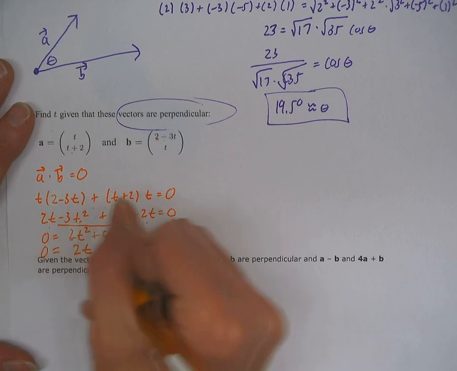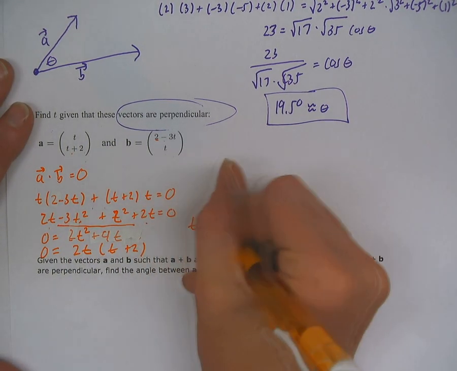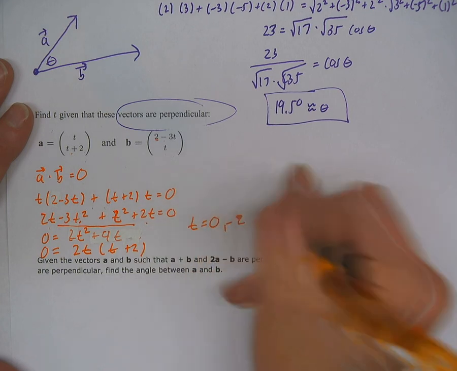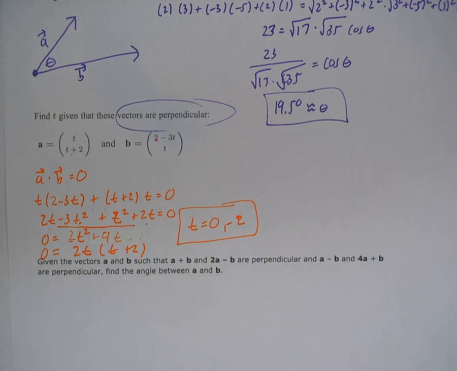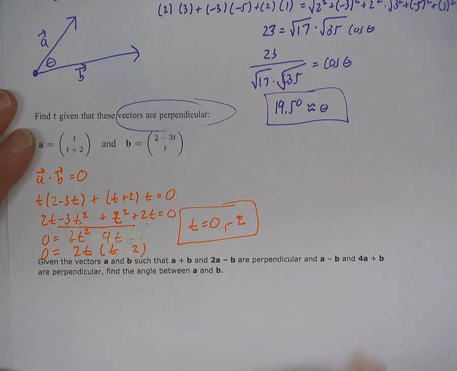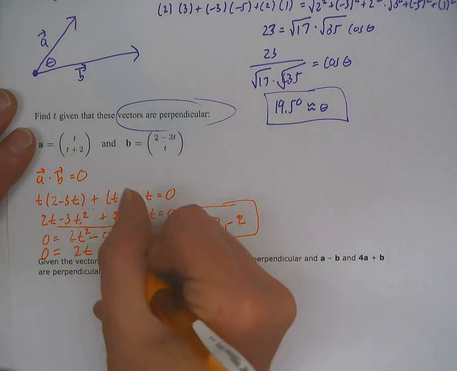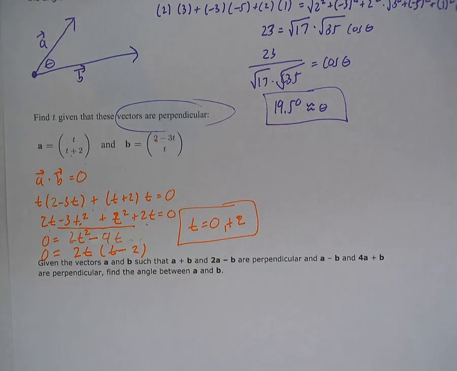Also, I can factor out a 2t, so I get t plus 2. So that means t is either 0 or negative 2. Okay, so those would be the values of t that make those two vectors perpendicular. Oh, wait, not negative 2. Did I fail? Yep. By moving stuff over, I messed myself up again. Moving this all over to the other side, it should be a minus, and that should be a plus. My bad, I was trying to rush through the problem too quickly so that I can move on to our